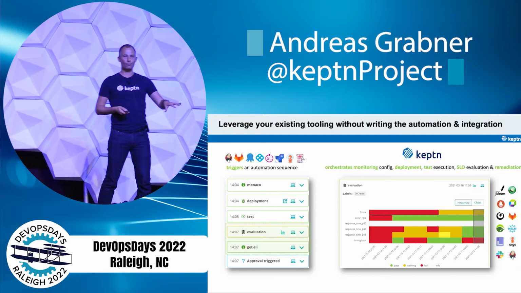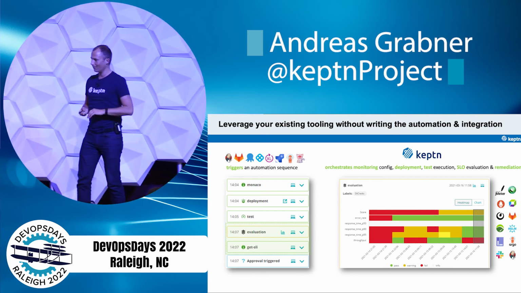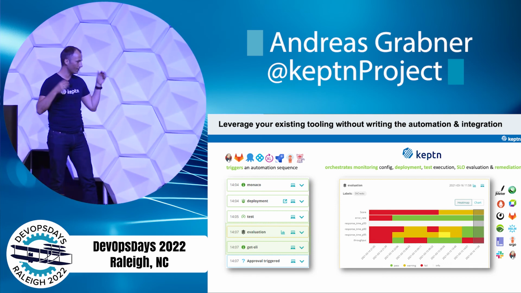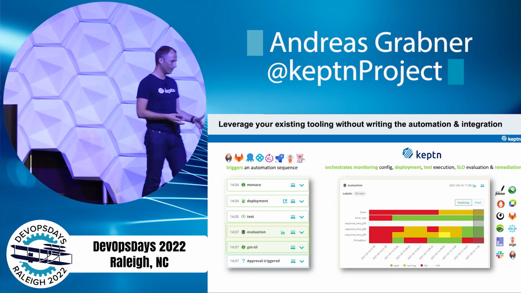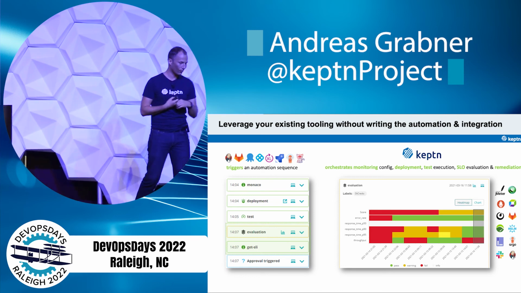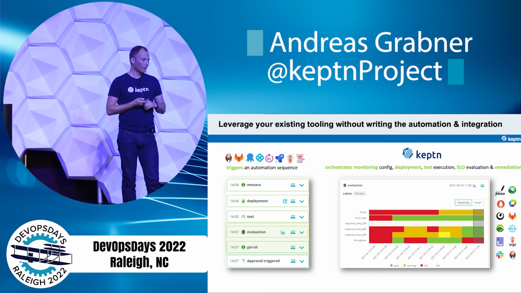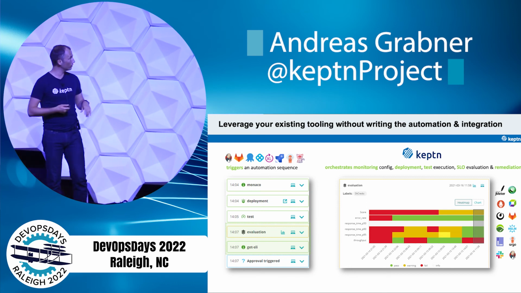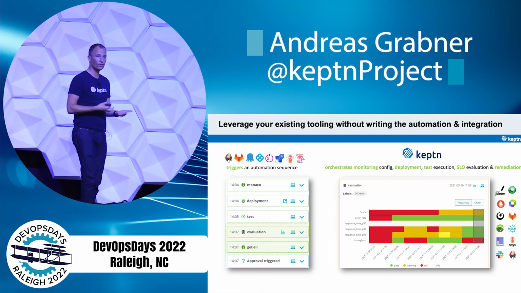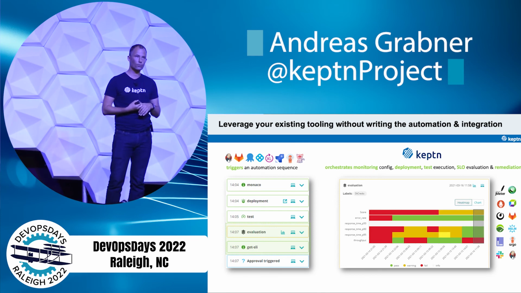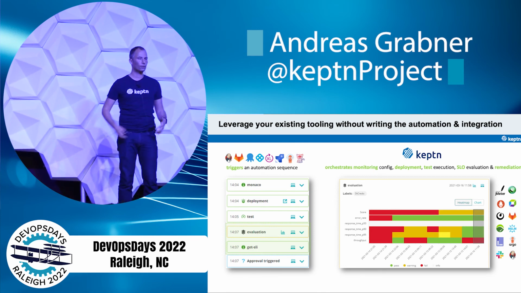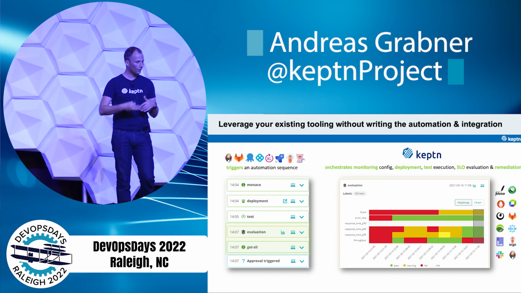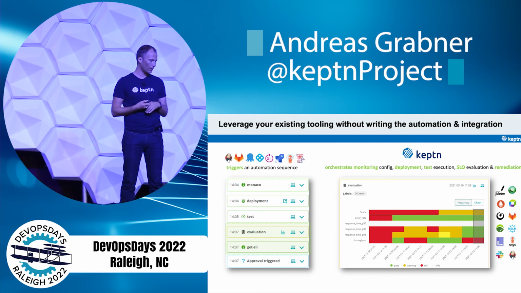So, to make it a little bit more management friendly, left and right, you can take a picture of this now, because now it's clear. You can either say 90% of the pipeline code includes technical debt, or you can go with the Keptn side, and so on and so forth. Most importantly, you can leverage your existing tools. On the top left, most of our sequences are triggered from your existing tools. If you have GitLab that builds a container and pushes it to a registry or JFrog, then you would trigger the sequence. Everything is automatically orchestrated, with SLIs and SLOs in the center.